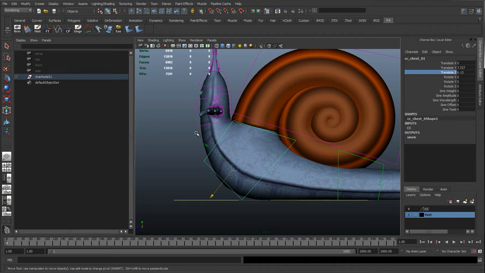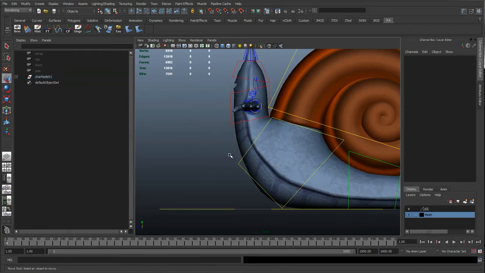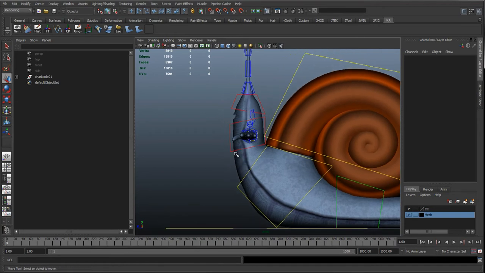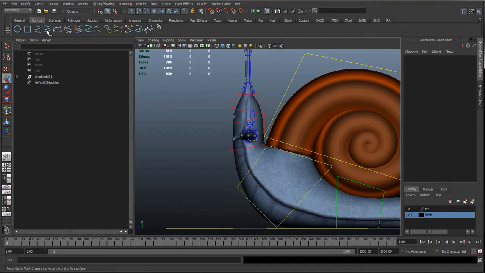So it's going to be just a bit annoying. So what we can actually do here is add a center of gravity control, which will basically be the center of gravity of the mass, which will be probably the same pivot of this control here, but it will be used to move the bulk of the upper body.